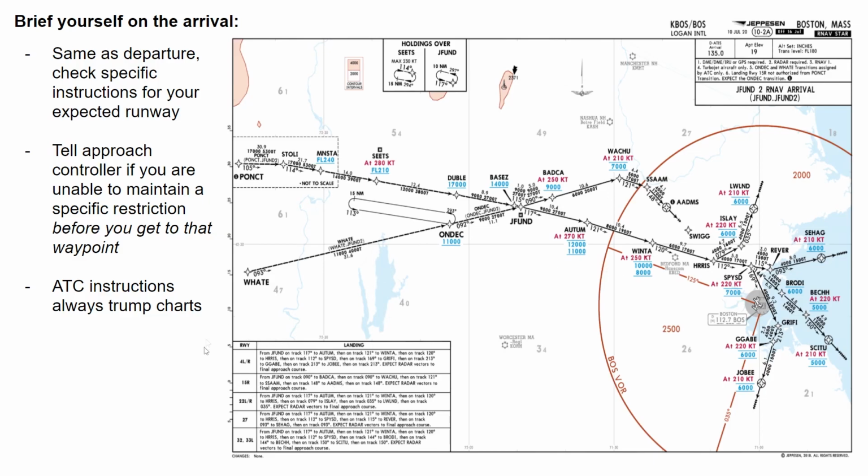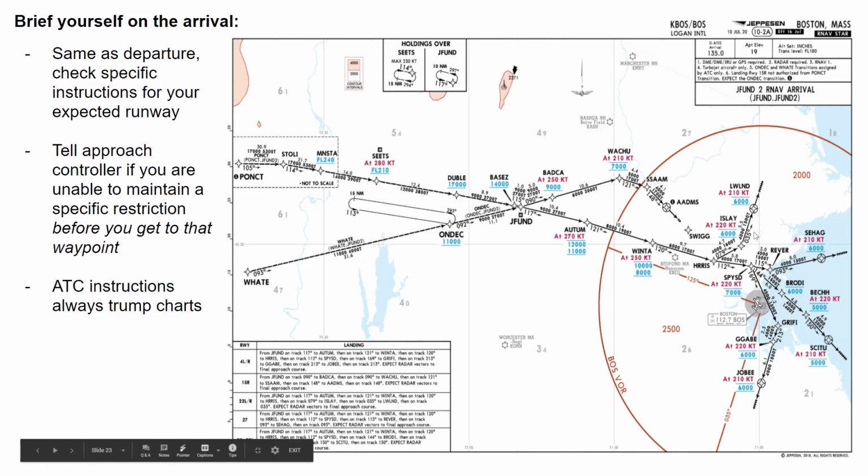And then same as with the departure charts, you want to look at your landing instructions. So we're going to plan for the 22 left approach, which the approach controller will tell you, or the ATIS will tell you if you're listening to the ATIS of the airport before you arrive. Say the approach we're going to use as an example for this tutorial is 22 left. Then you're going to want to read what it says here. Basically what it says is, keep following the SID until you reach Lowland. And then at Lowland,